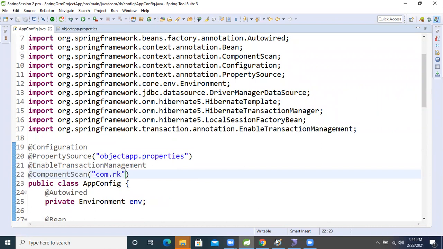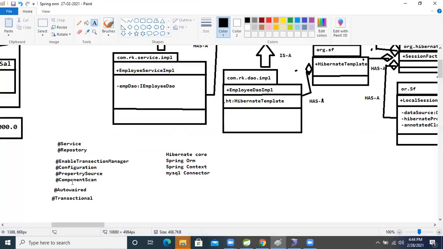All the required annotations are component scan, property configuration, and enable transaction. The @Autowired and @Transactional annotations we will use in the service class.